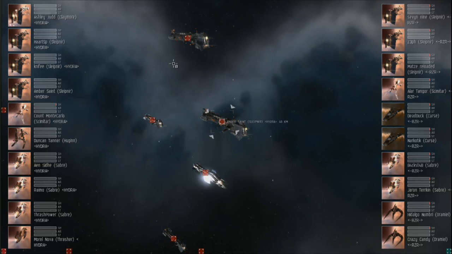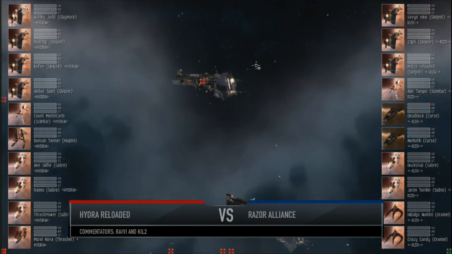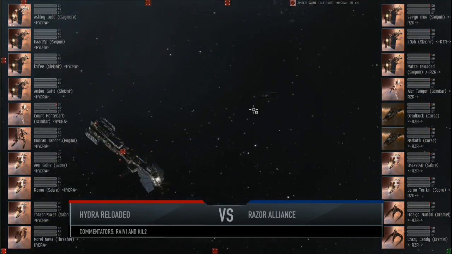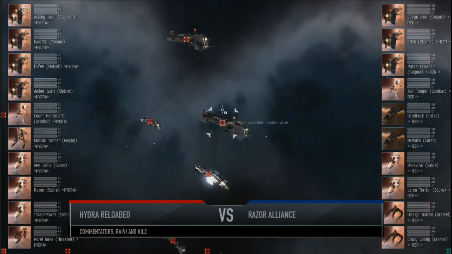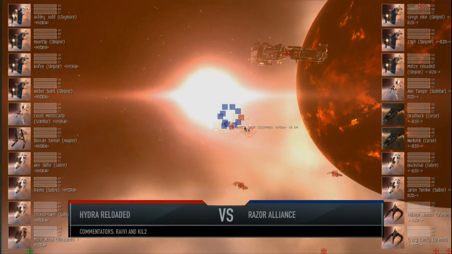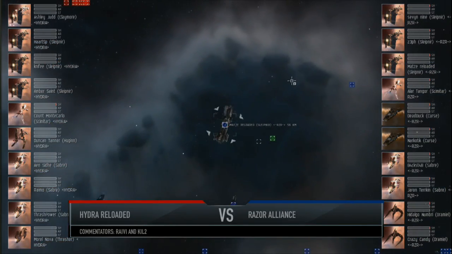Hello, Eve. This is our second semifinal in Alliance Tournament 9. We have on your left HYDRA Reloaded with a Claymore, 3 Sleipnirs, a Scimitar, a Hugin, 3 Sabers, and a Thrasher. And on the right-hand side of your screen for Razor, we have 3 Sleipnirs, a Scimitar, 2 Curses, 2 Sabers, and 2 Dramiels. What you see here is Razor with actually a very good counter to the setup that